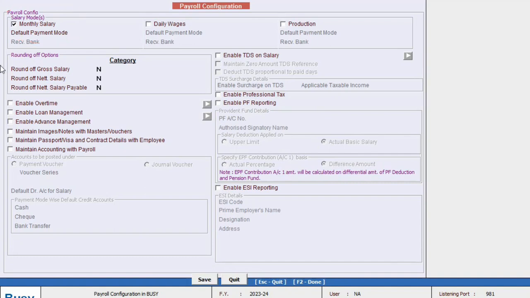Next, there is the round off option. If you need to round off amounts like gross salary and net salary payable, it's usually best to set this to automatic. However, you can configure it according to your specific requirements if needed. In the next payroll section, you also have the option to enable overtime, loans and advances. Additionally, there is a requirement for employees' passport details, primarily when these details are needed on a contractual basis during